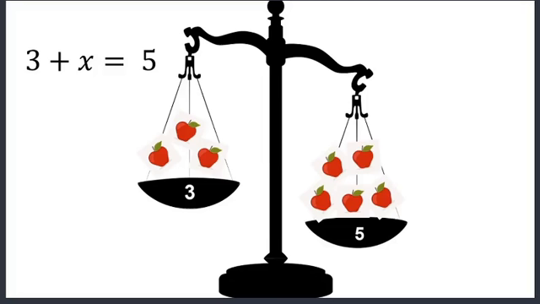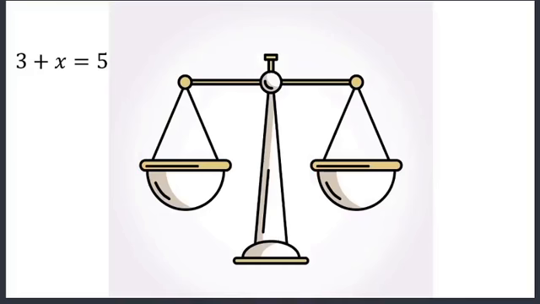But in order to make sure that this scale is balanced and equal in weight, we need to find out how many apples to add to the left-hand side to make it 5 apples on each side. Now, through inspection, just by looking at it, you can tell me immediately that we need 2 more apples. So in this case,